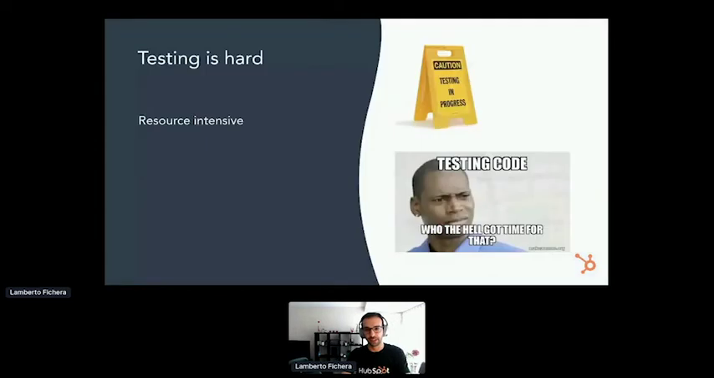So yes, testing is hard, but why? First of all, it's really resource intensive, and that it's